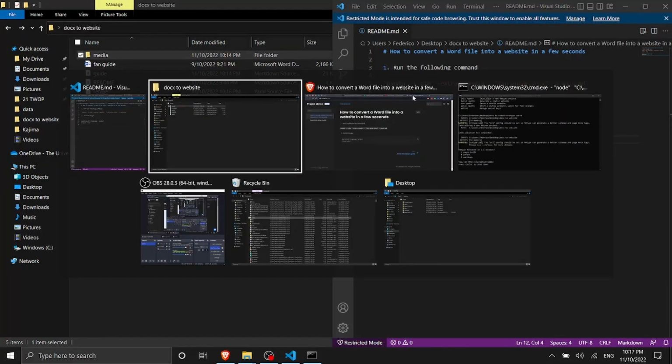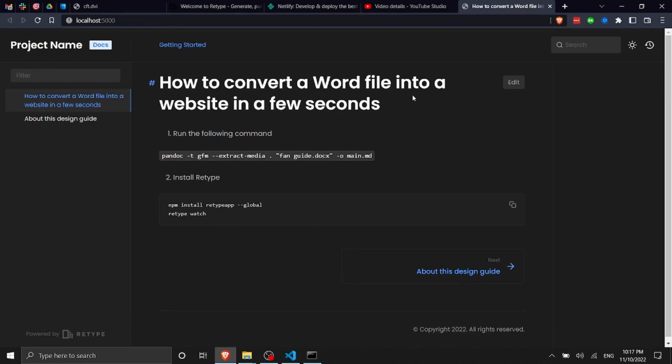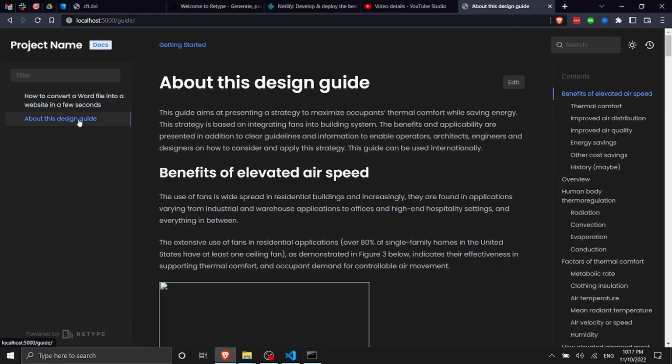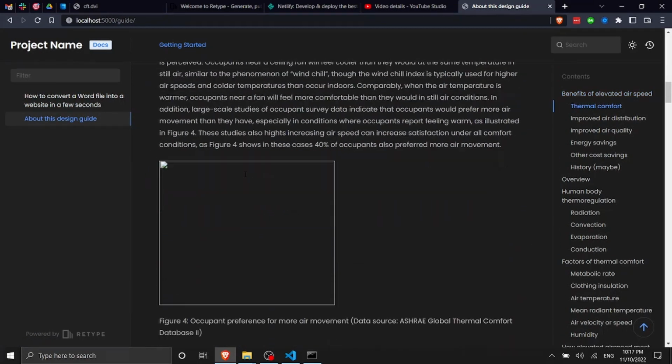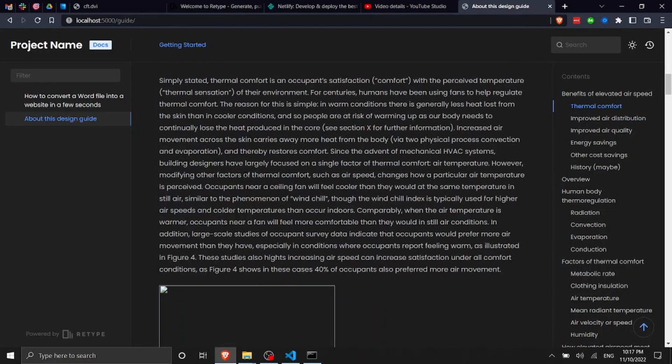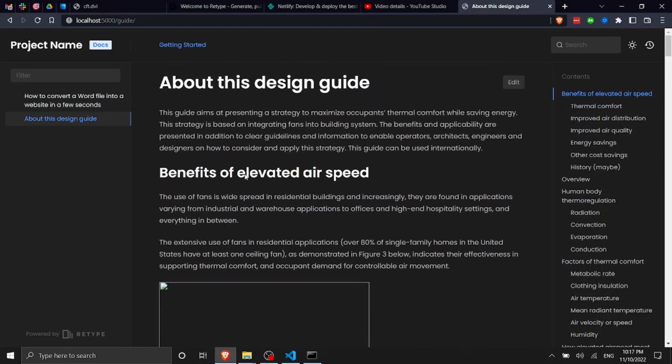And this is reflected actually here on our website. And then we have about this design guide, which is the document that we have actually converted from Word. Okay? So this is everything that we have, and it has already been imported inside our website.